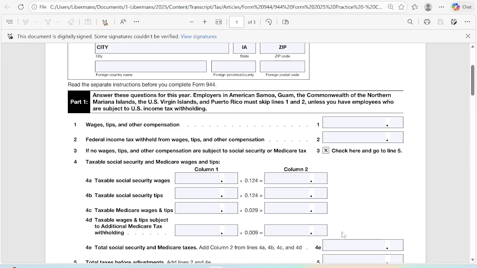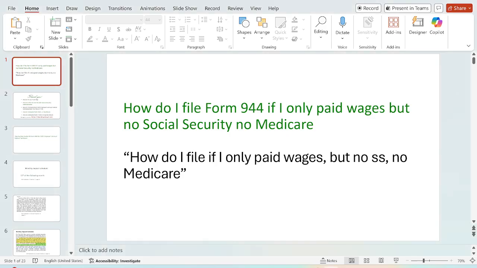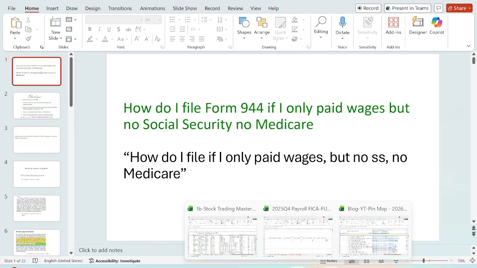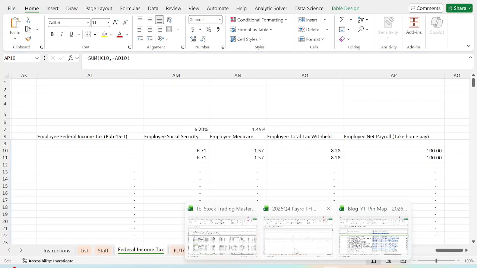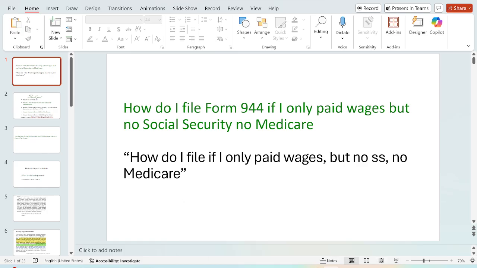So the third way you will file this is if you pay wages but didn't withhold Social Security and Medicare. That means those people are your employees, that's why you say you pay wages. If they are your employees, you're supposed to withhold Social Security and Medicare. If you didn't withhold it, the way I will do it is to